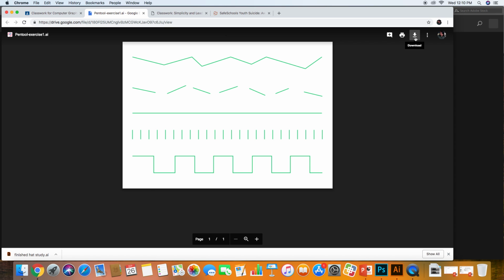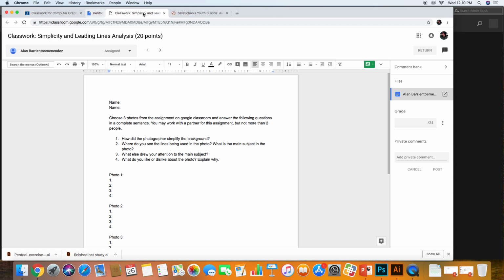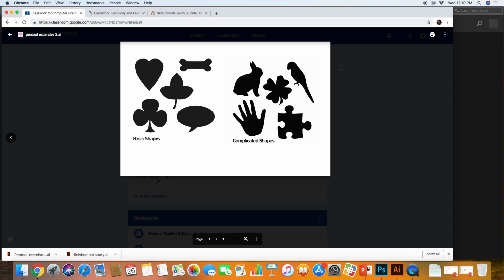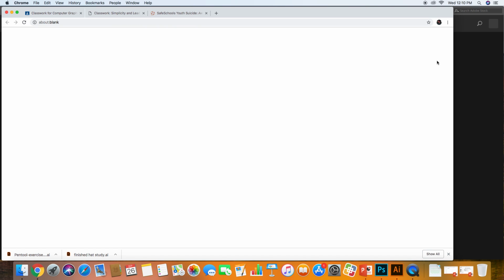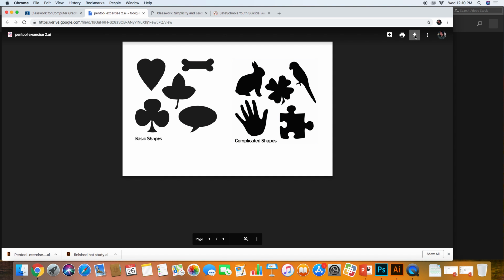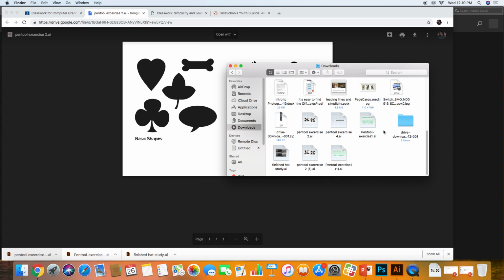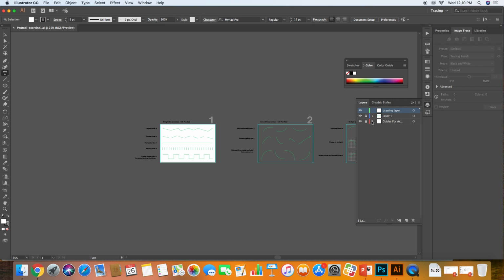and then you want to click on the download button. So you want to download exercise 1 as well as download exercise 2. Same thing, open new window and download, and they should both pop up in your downloads folder. So once I click on my downloads folder, after you download it, you just double click on pencil exercise 1, and what's gonna